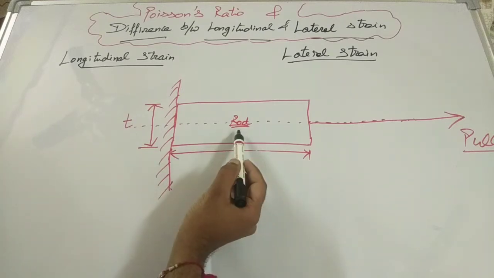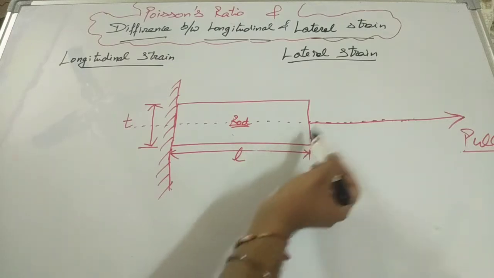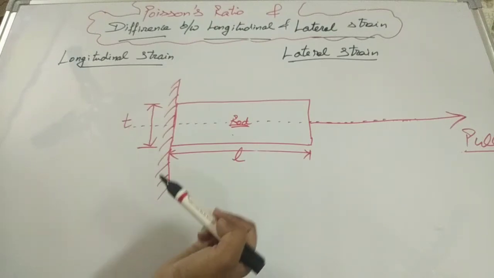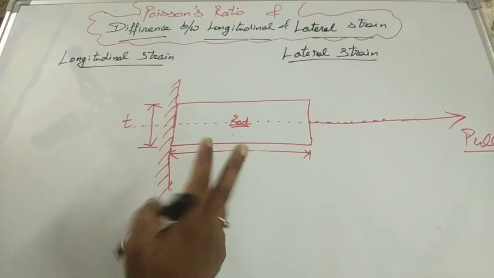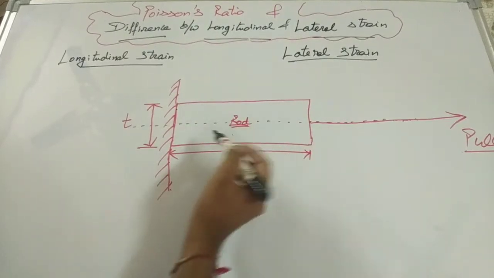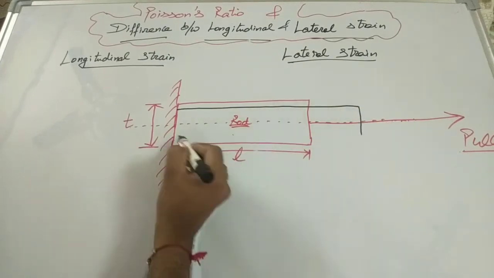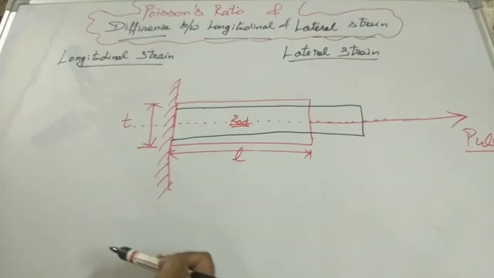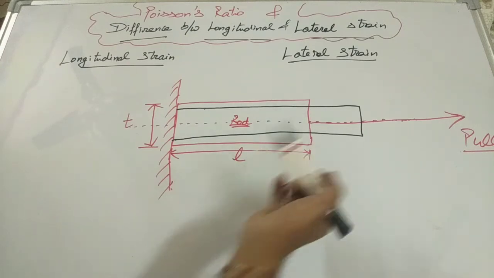This is the example of a rod which is fixed from one end under the tensile load, also pulled from one side. So this body is under tensile load. What will be the result or effect of tensile load on this body? Majorly two strains will be there. First one parallel to the load, and secondly perpendicular to the load. See, the effect of the load will be that the length of the body is going to be changed, and side by side the thickness of the body is going to be changed. So this will be the new length of the body, the new dimensions of the body after applying load.